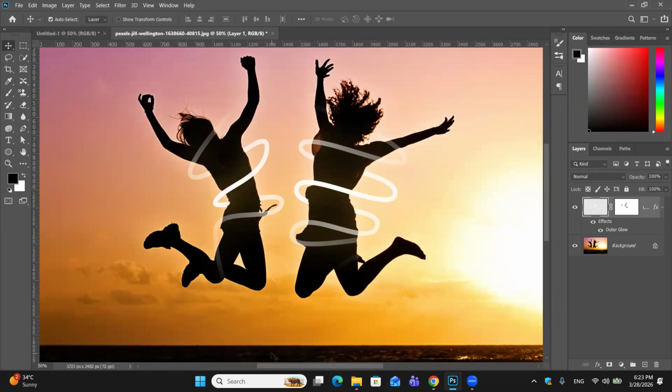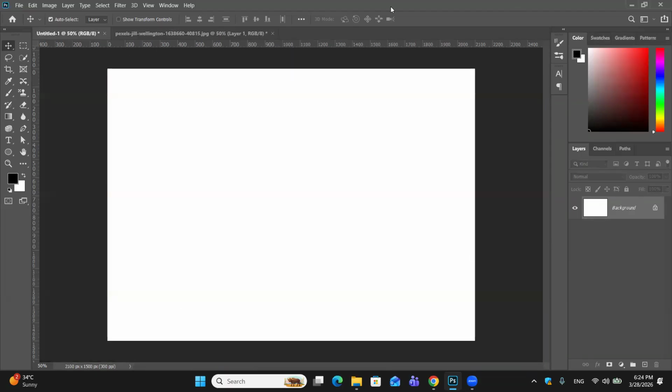Now we will see alignments, which is a very important part overall. If you create some brochure designing, menu card, or you're making some logo design, anything you're creating, alignment is very important. For example,